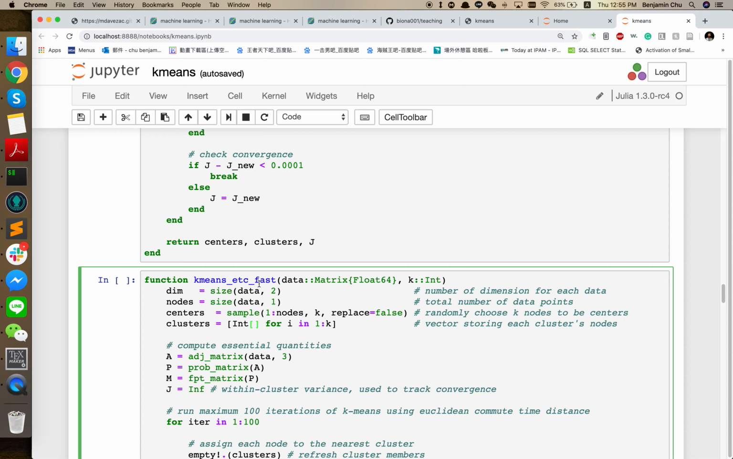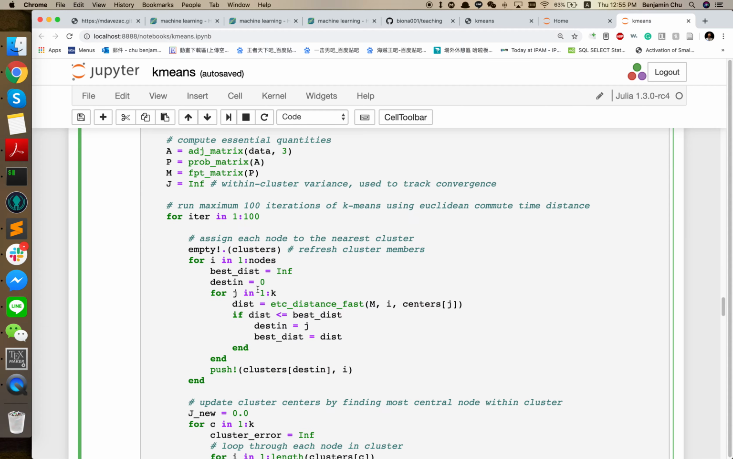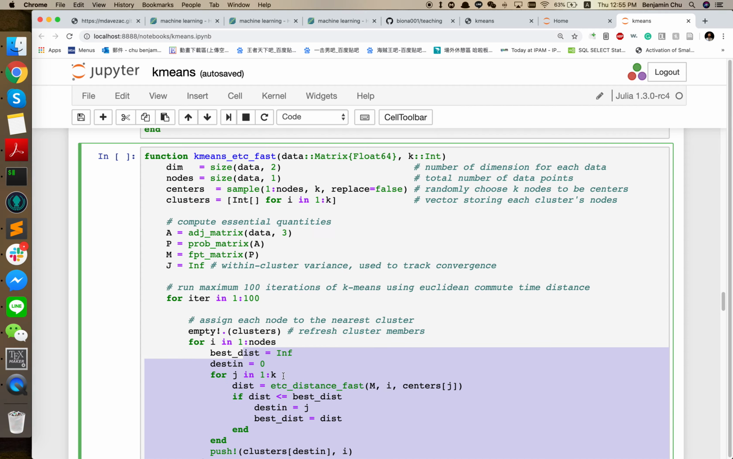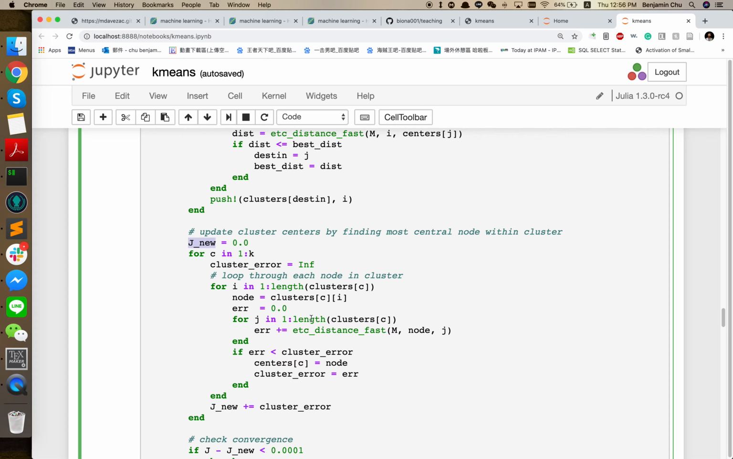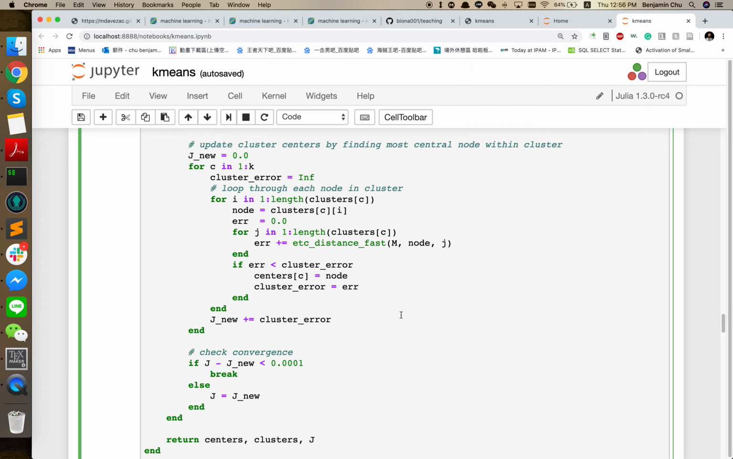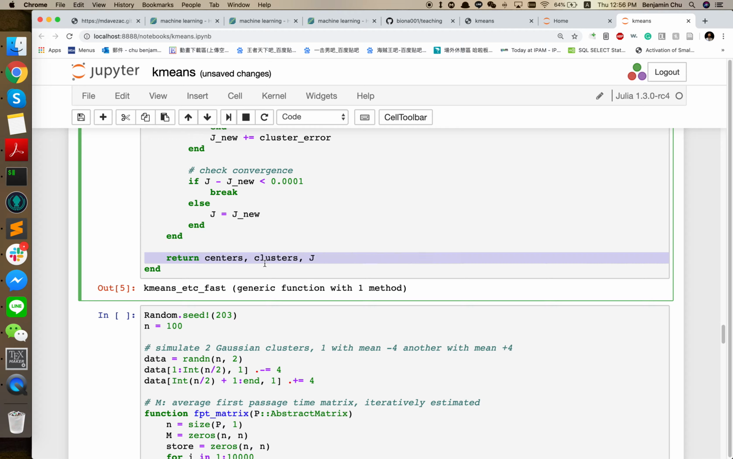And finally, this code is the iterative method to estimate k-means. All of the code down here is the same except for the way that we calculate distance. We will first calculate the M matrix, the average commute time matrix, iteratively estimated using like 50 iterations, and this is the distance using that 50 iteration matrix. So everything else is the same. You have the same within cluster variance and the calculation of the variance within clusters, and then you can just run this code. So now we have all the functions,